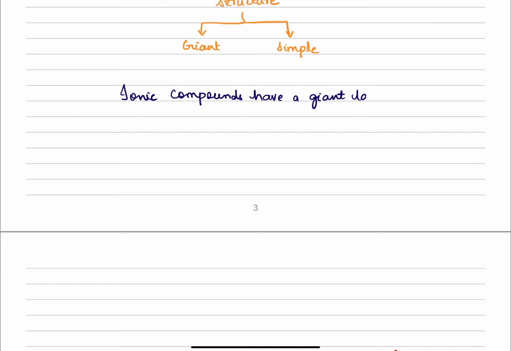Now, a lot of students get confused with the word lattice. Don't get confused, because a lattice just means regular arrangement of atoms, molecules, ions. Regular arrangement of any atoms, molecules or ions is known as lattice. And since ionic compounds have ions, we will say ionic compounds have a giant lattice structure